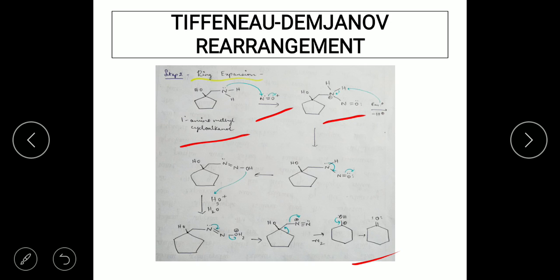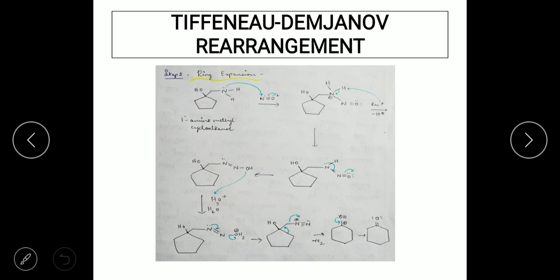So now you can see the nitrogen which was linked to the cyclic group is going to have a positive charge, because it is bonded with 4 different atoms. One is the methylene group, CH2, and 2 hydrogens, and one is the nitrosonium group. Okay, now the next step would be the presence of a base taking up the proton which is attached to the primary amine, and there is going to be movement of the electron pair towards nitrogen to release the positive charge. So the positive charge is going to be released. That is how it is formed here.